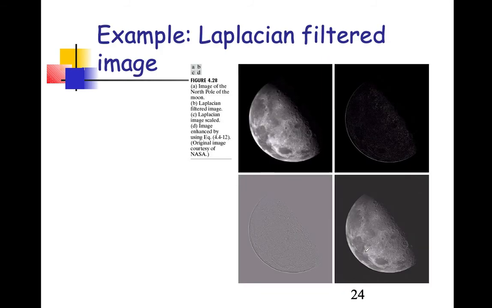Here in the example you can understand that this is the input image, a lunar or moon image we have given, and this is the Laplacian filter image which we are getting. The Laplacian image scaled output and the image enhanced output are here. Here also you can observe the edges are properly popped up according to our requirement. This is the NASA image, the original image captured, which we have sent to the Laplacian filter.